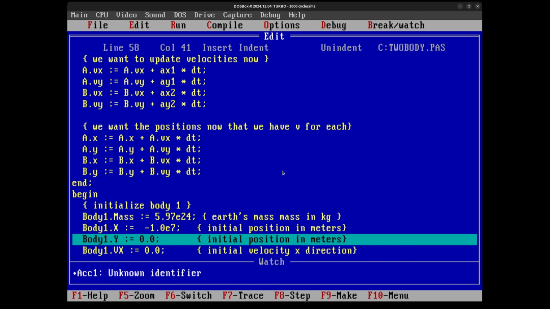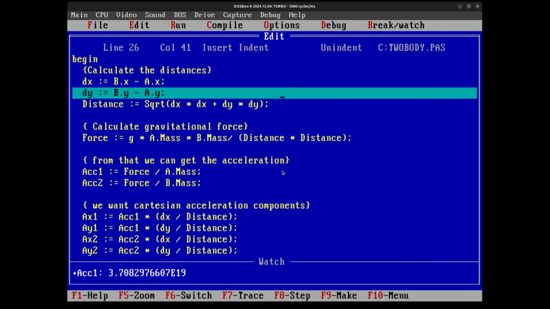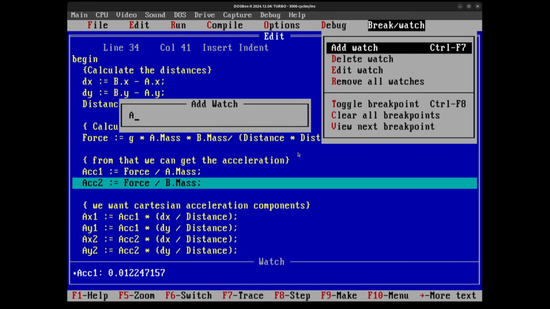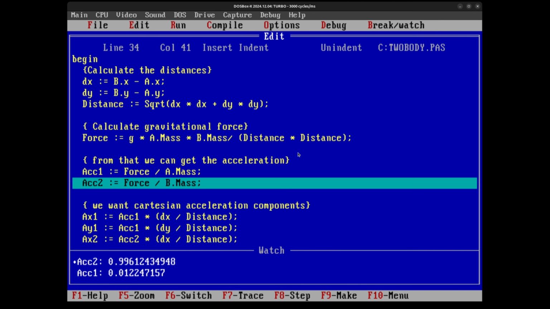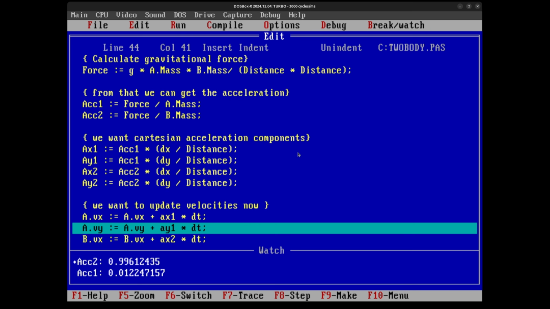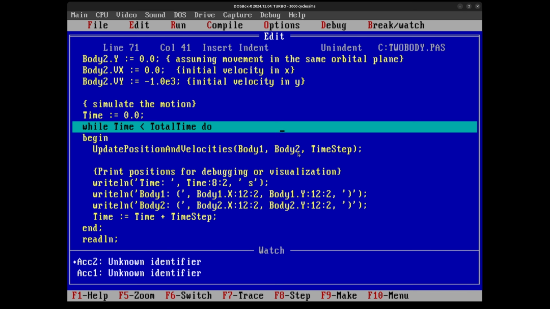But as I step through with F7, sooner or later I'm going to hit that, and say I wanted to go ahead and add another watch. Just like that, I'm able to add another watch. And just being able to step through programs like this, especially considering this is a lot of